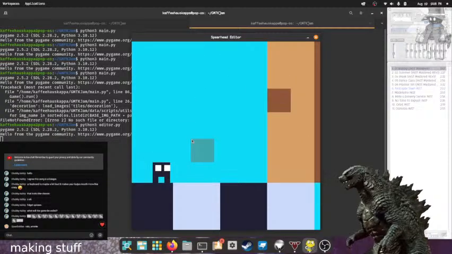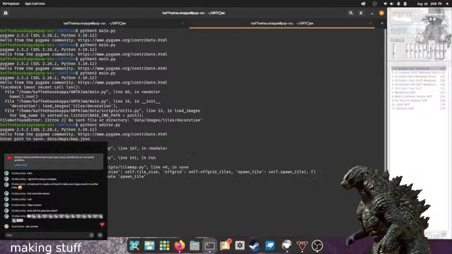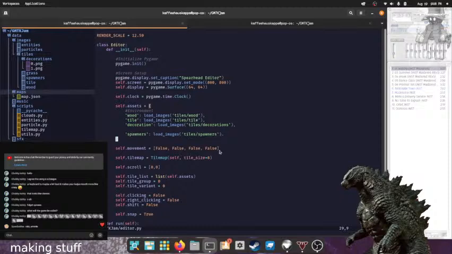So we are going to quickly save this as data/maps/map.json. Oh, it had no attribute spawn tile. Oof, I forgot to do that. I always have to do that.